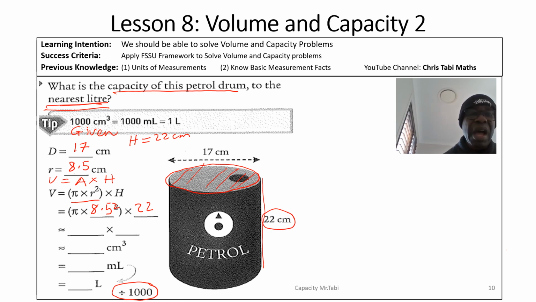That gives you the pi on this calculator. Multiply that by 8.5 squared, and we multiply that by 22, and that gives us,